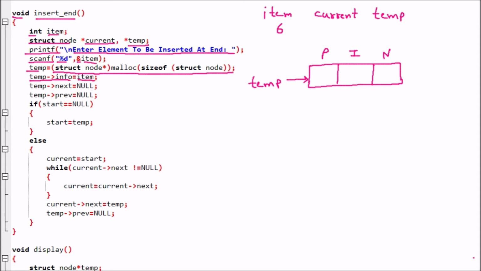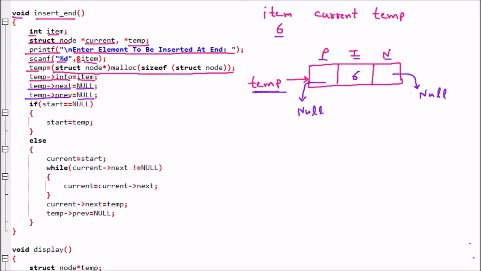So temp info part equals item. So 6 is added here. Then temp next is null. So this portion is null. Then afterward we have temp previous is null. So this temp previous part is also pointing to null. So this way we have created one specific node.